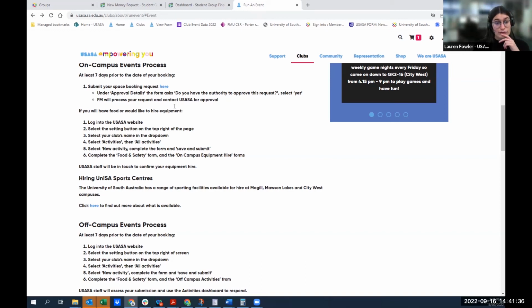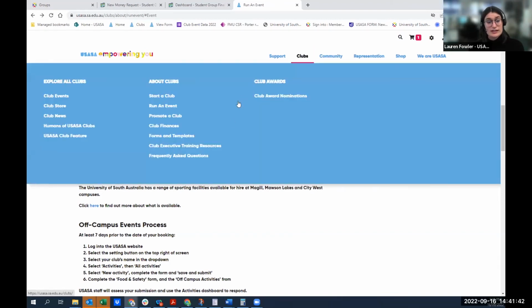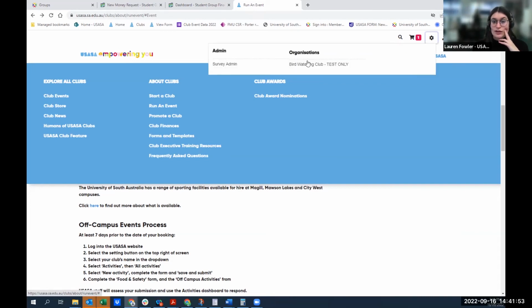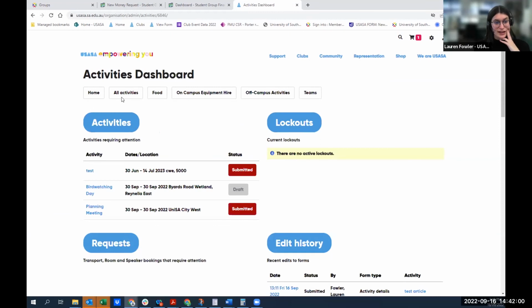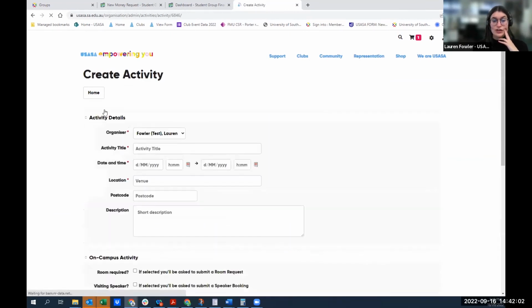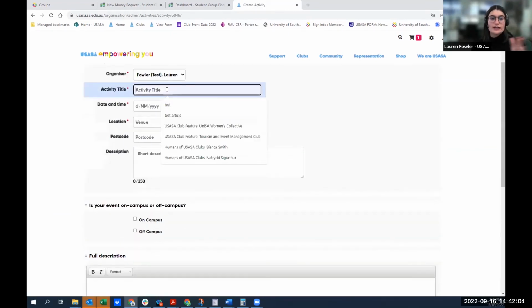But if you want to have food or hire equipment, that is still managed by us. For food, we still need your certificate to ensure that you're insured. And event equipment is just something that we manage and do for you, so we need that to come through us. The way you book that is directly through your club admin tools again. So this is just a matter of going to the activities function and then going all activities and new. In here, you have to put in a brief overview of what you're doing. So I'll go